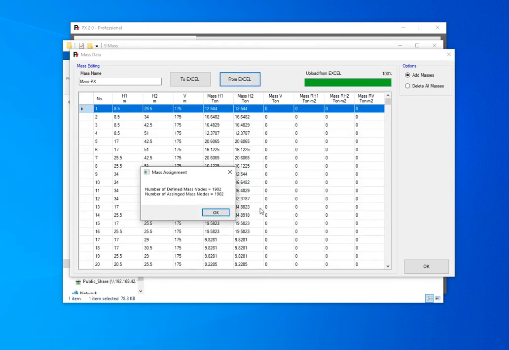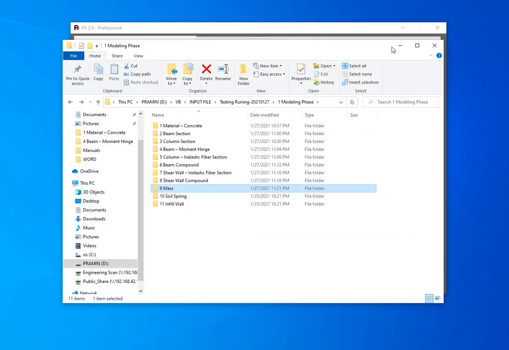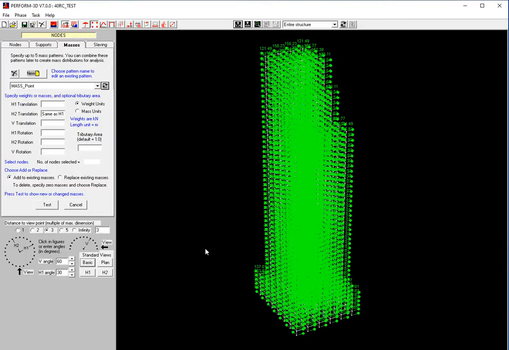It's already done. It shows the number of nodes that you defined and the number of nodes that were assigned as well. So click OK here. Now it's time to check in the model. You need to reopen the model because it modified the new mass to the Perform 3D file.